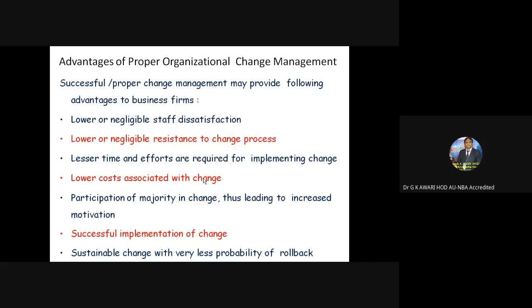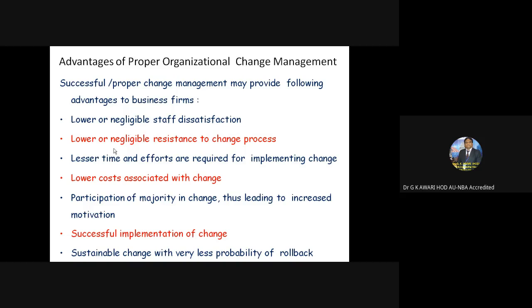Okay, the changes like the national education policy, changes like introducing the BS6 vehicle, changes like introducing the electric vehicles from 2030, are successful by the principles of change management, by communicating with the people, by involving the people, by communicating with the stakeholders, and keeping everybody informed, not hiding anything from our customer, from our citizen. So therefore, okay, the advantages of proper organizational change management are lower or negligible staff